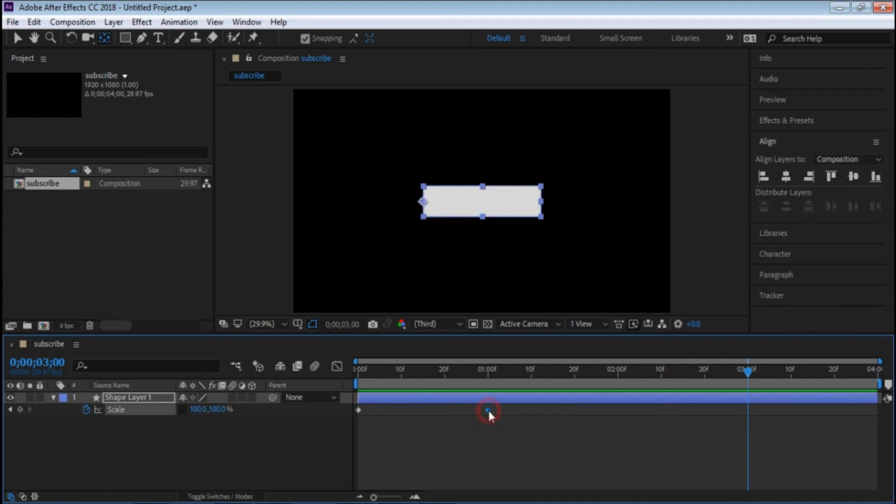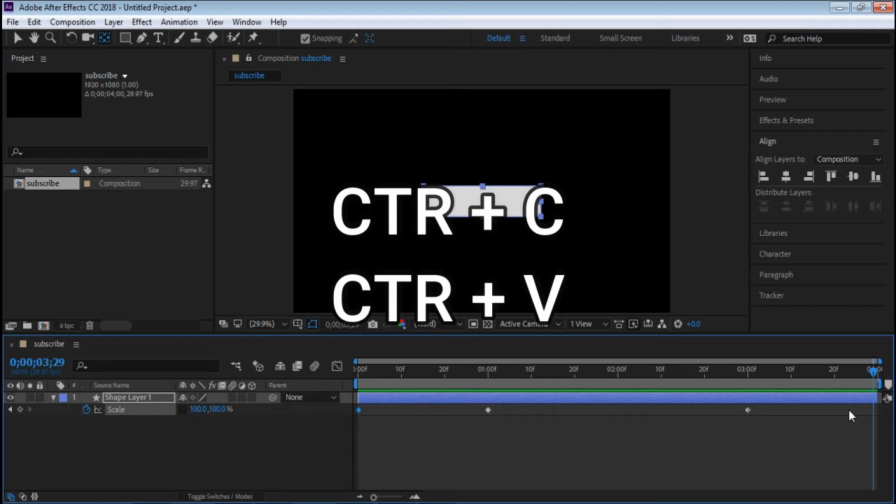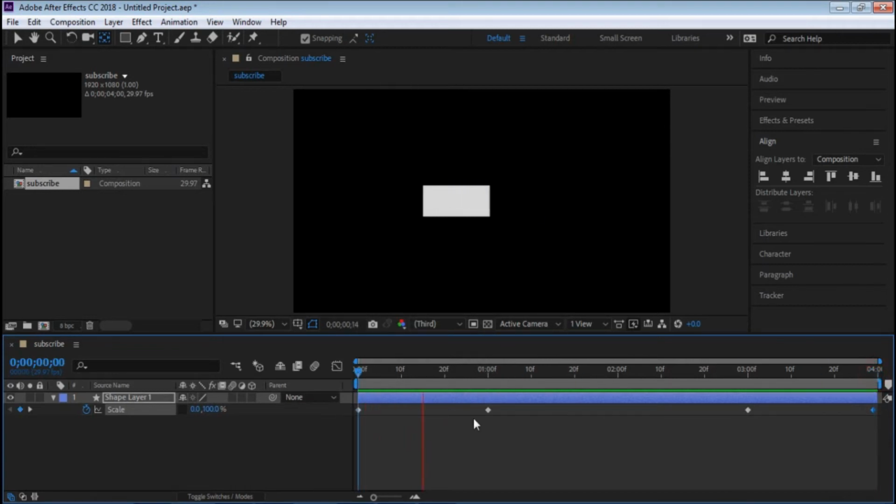Okay, so after we finish this animation, go to the third second here, and just we duplicate this keyframe just by clicking here. And the last frame, just we will duplicate this one by clicking on the keyframe and Ctrl C and Ctrl V here. Okay, and you see now